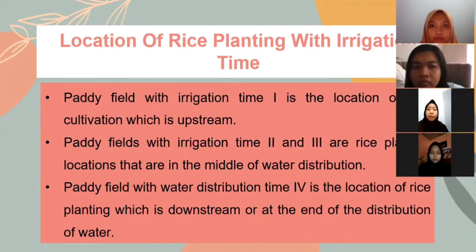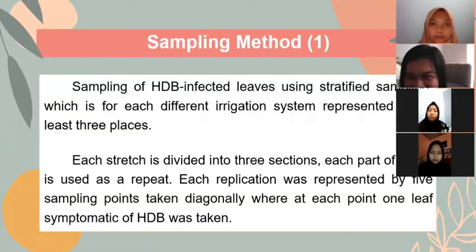Location of rice planting with irrigation time. Paddy field with irrigation time 1 is the location of rice cultivation which is upstream. Paddy fields with irrigation time 2 and 3 are rice planting locations that are in the middle of the water distribution. Paddy field with water distribution time 4 is the location of rice planting which is downstream, or at the end of the distribution of water. Next,